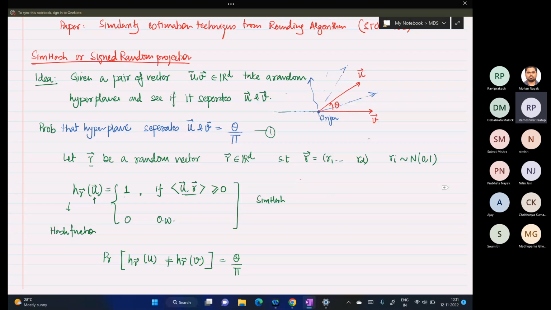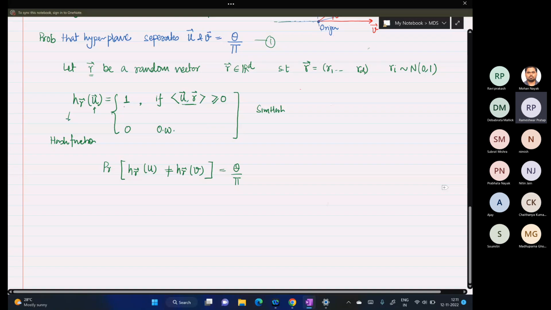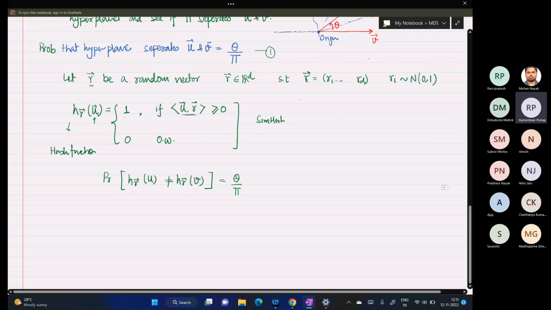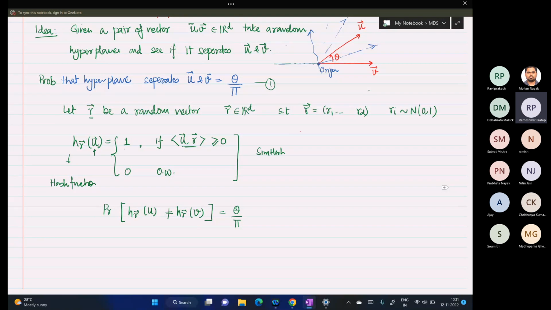Is this part clear to everyone? Can you please repeat once again? Okay. So basically, our intuition is we'll take a random hyperplane and see if it separates u and v. As our hyperplane is random, the probability that it separates u and v is theta by pi. So now this gives us some intuition to design a hash function, using which we take our input vector as